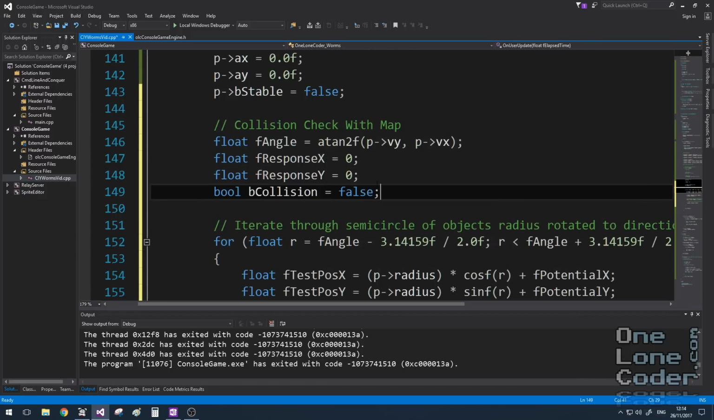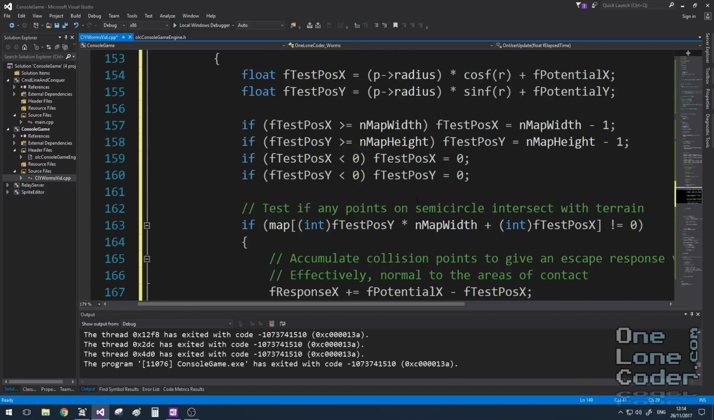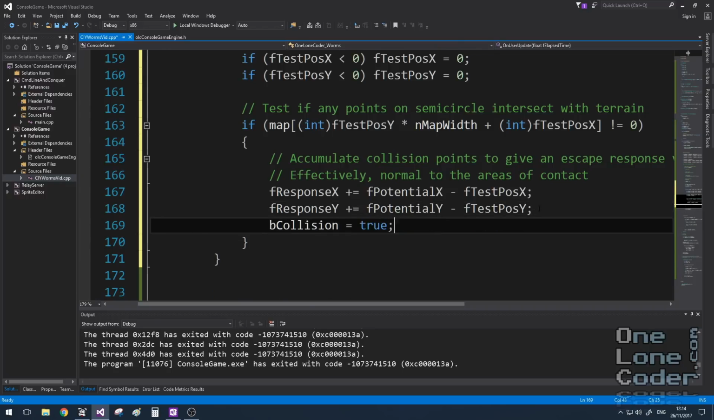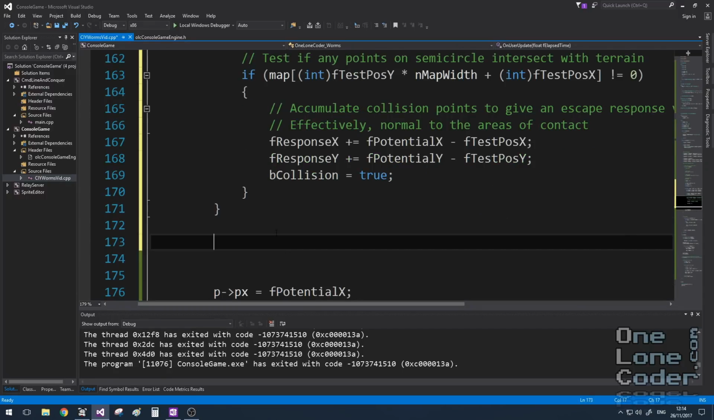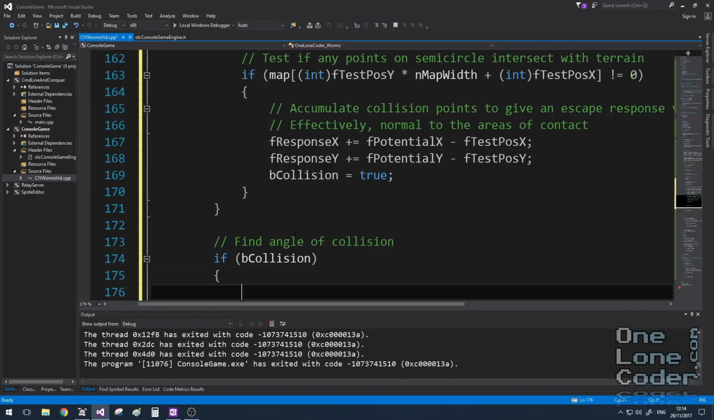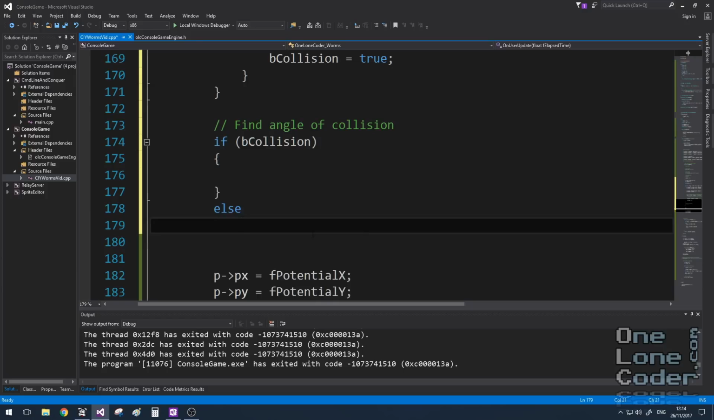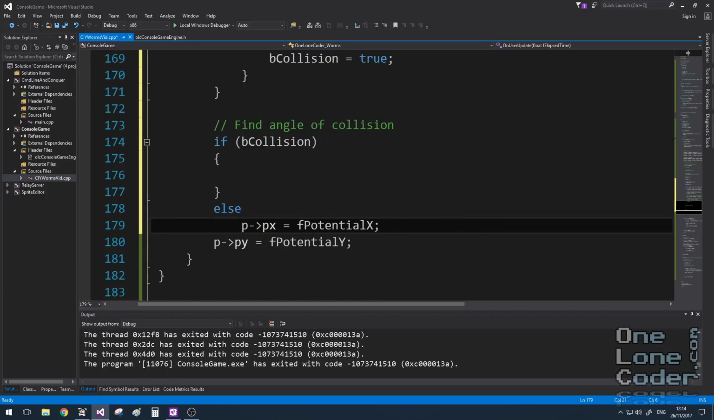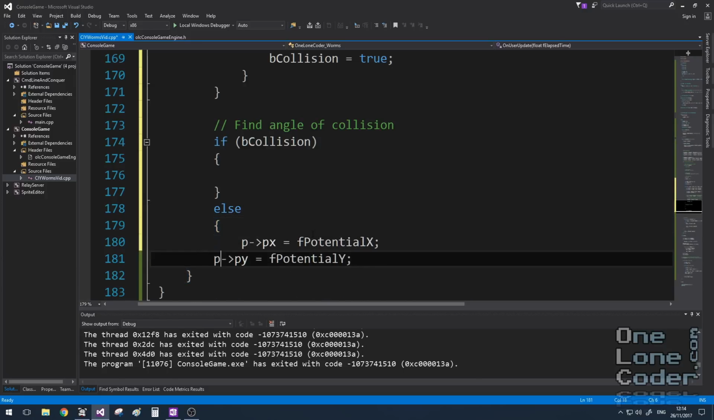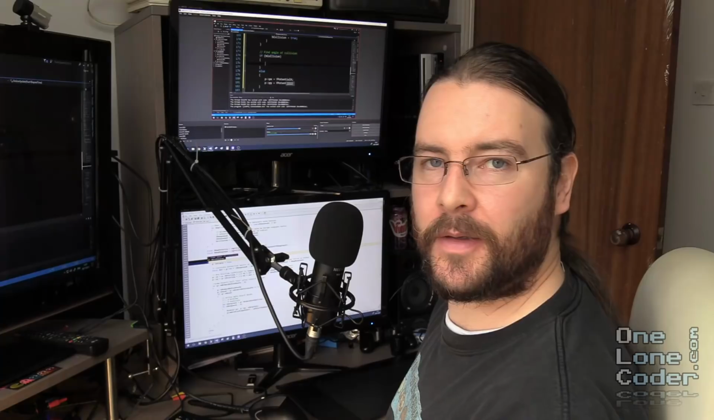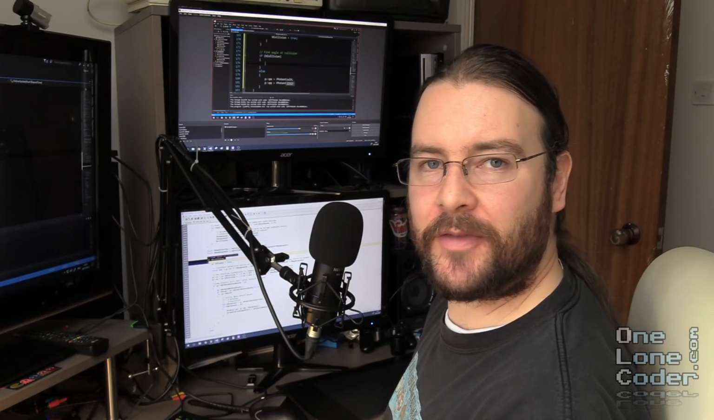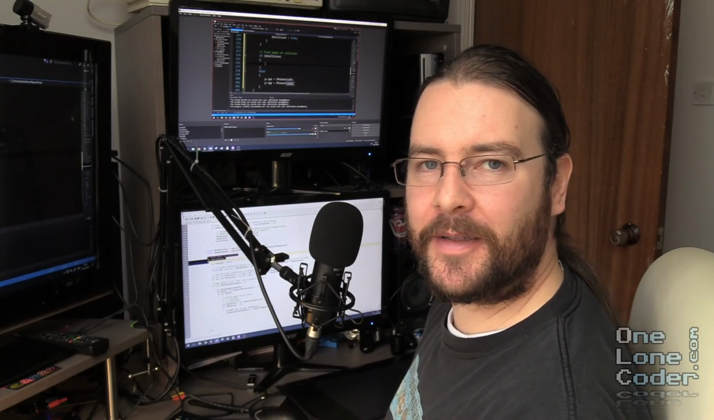I'm going to just create an additional variable called collision, and I'm going to set that to true here when a collision has occurred, simply because I don't need to do anything further if a collision hasn't occurred. So if a collision has occurred, I want to respond to it, else I'm going to allow it to use the new potential positions. Now, in other physics engines, collision resolution is a really fundamental part, and it has to